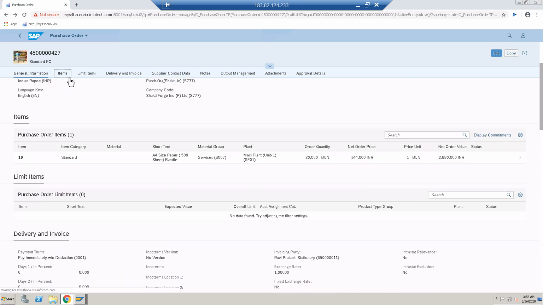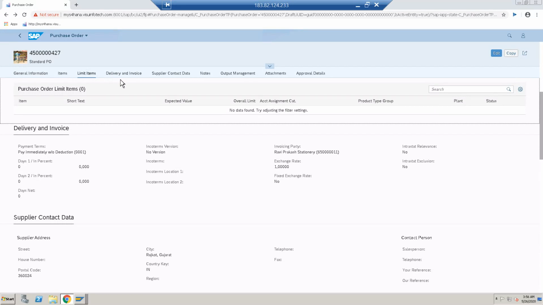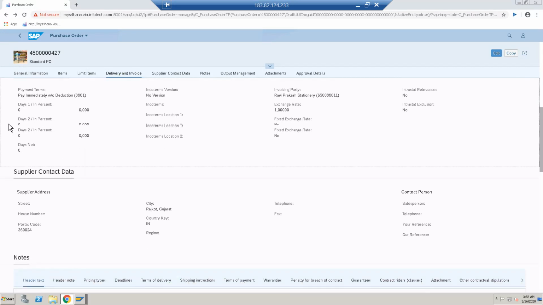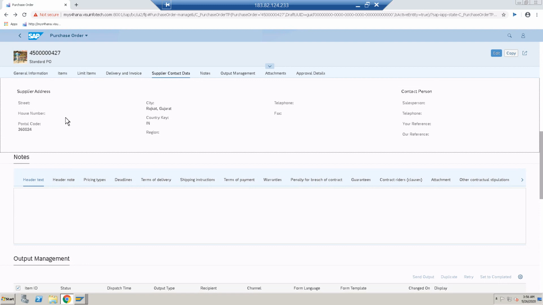You can see the item lines, delivery, and invoice. You can see everything, and the supplier contact data. I haven't entered the complete details of the supplier, like postal code and city. So this is how to create this consumable purchase order.